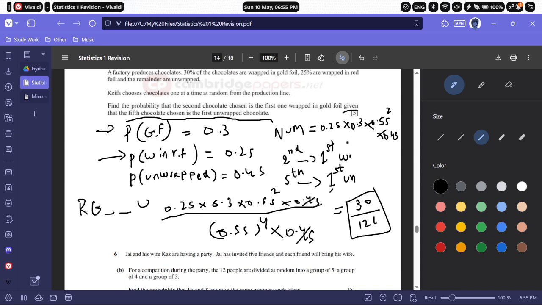Any other doubts? The thing is, it's mainly RG, ROG, exactly. Yeah, there you go. It can be R or G. Honestly, if you want to think about all the cases, you can do that, but just use the rule that if it's this or that, you just add the probabilities. Anyway,